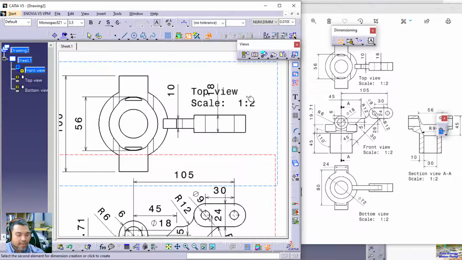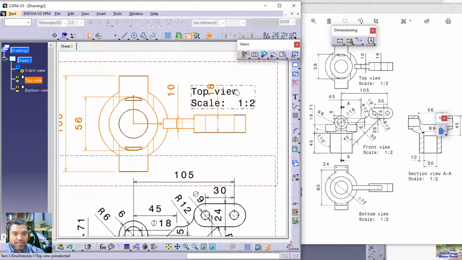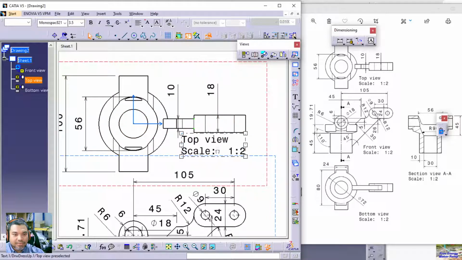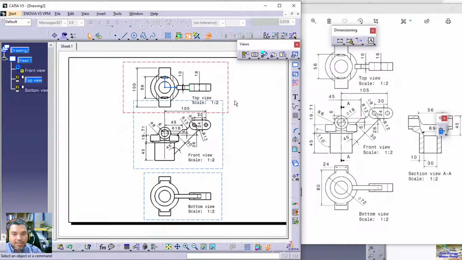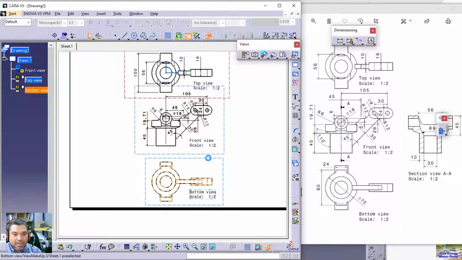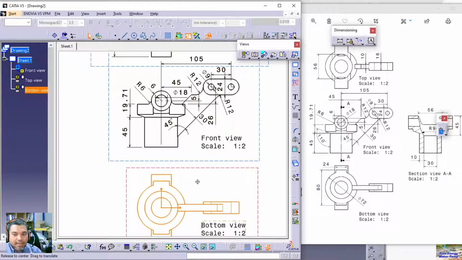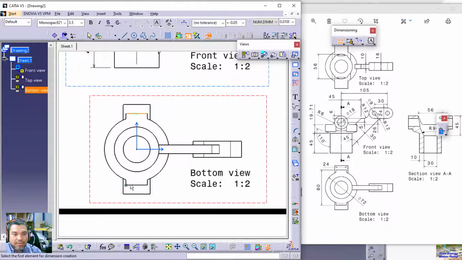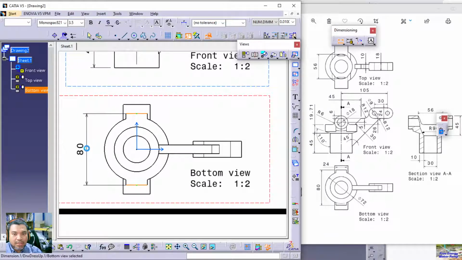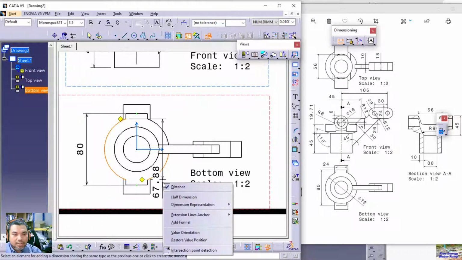Oh, okay, my bad again. I'm supposed to activate this one first before going anywhere else. Before you make another drawing dimension, double click this one to activate it. All right, okay, this one is actually from here to here is actually 80. Double click, from here to here is actually